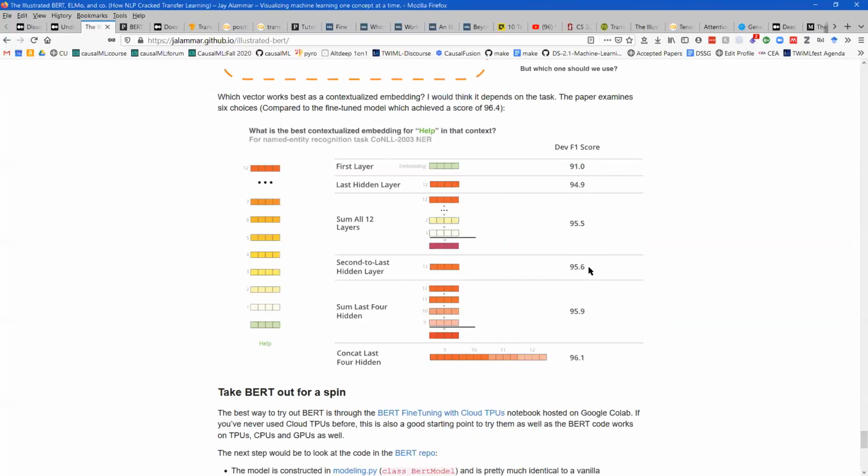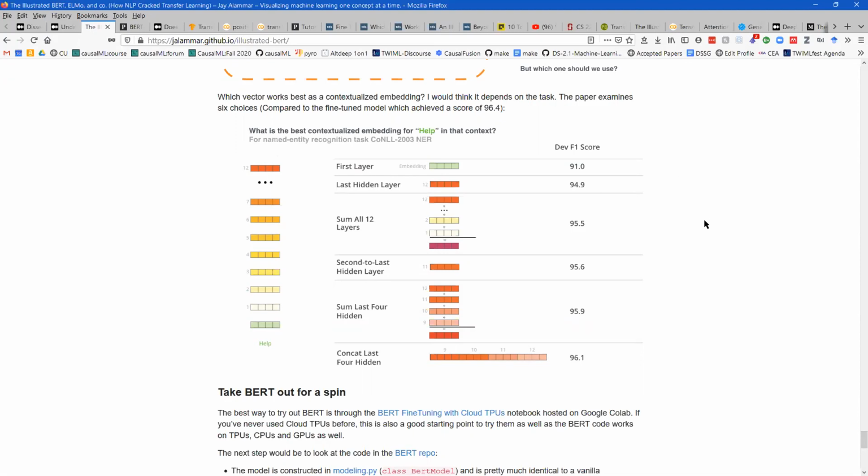That's not clear why. And then if you sum just the last 4, you get an even better score. And if you concatenate the last 4, you get an even better score. So that's kind of interesting. I guess this came out of the experiments they did. I think it's so because, yeah,